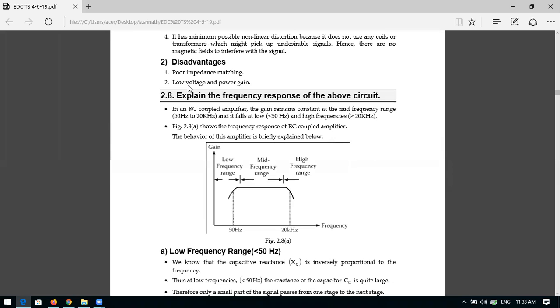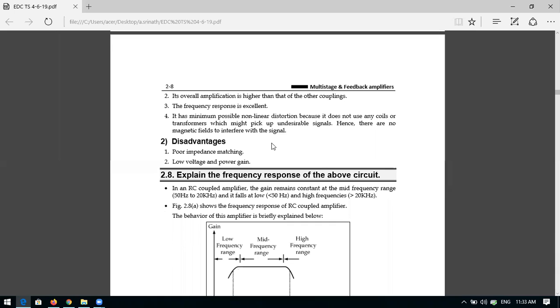So what is the major disadvantage? It is poor impedance matching. So impedance matching is missing here. What is the meaning of impedance matching? Higher input impedance, lower output impedance, then you can call it impedance matching. That means you can couple the maximum amount of output to the load, then you can call impedance matching excellent. If you are not able to couple more output to the load, then you can call it